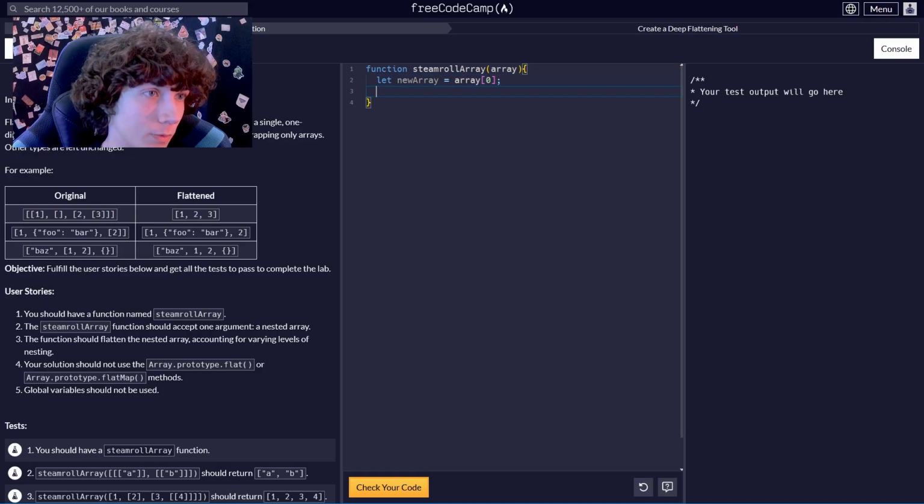Yeah. So then we're going for let i equals 0, while i is less than array length, i plus plus, and then we're